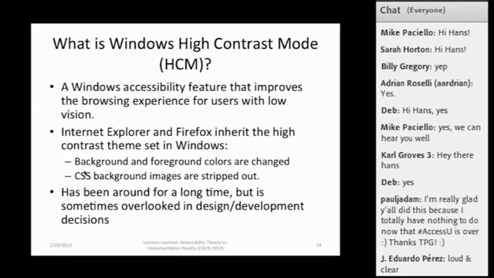Another thing that I mentioned before was user-defined style sheets. These are basically style sheets that an end user can load into their browser to change the presentation of a page in a way that fits more with their needs. So somebody who has difficulty reading small text could define a style sheet where the fonts are much bigger. Somebody who has difficulties seeing certain contrasts may change the foreground colors or border colors or something like that.